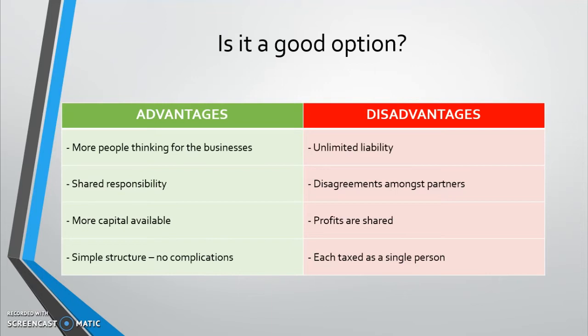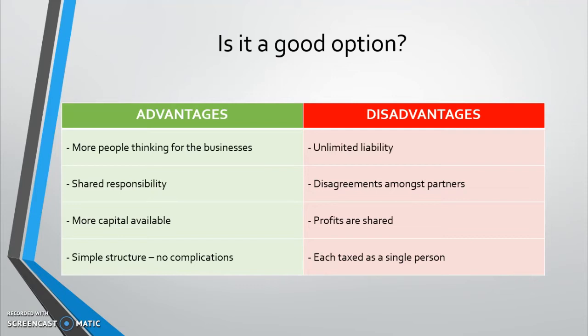Now, because everyone is sharing their own money and contributing towards the business equally, that definitely means that if the business grows and gains a lot of profits, all the profits are shared. So if you do get a profit of 20,000 euros, 10,000 goes to each one of them. And sometimes, going back to the previous disadvantage, there is also a disagreement whether each partner should keep all the money that they deserve or take a bit aside to contribute towards the business growth, so to reinvest it.